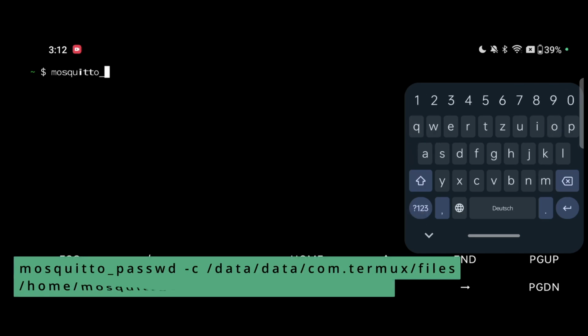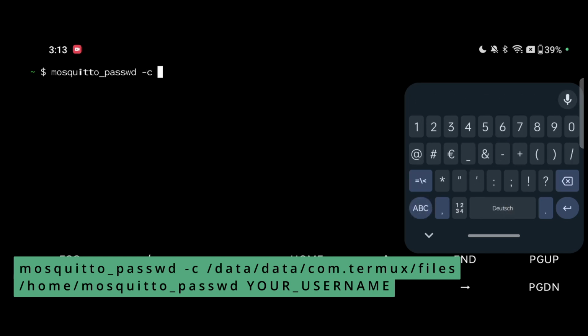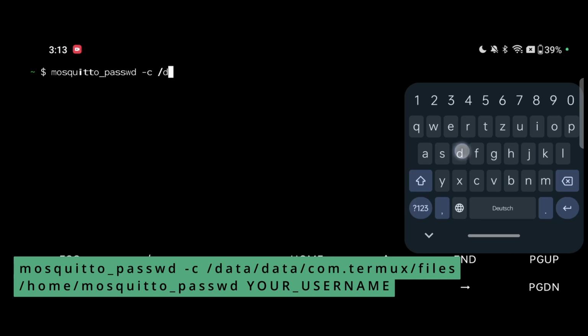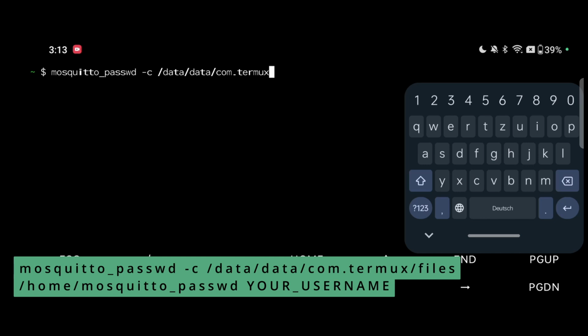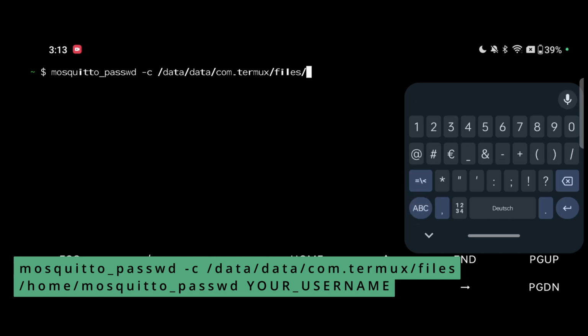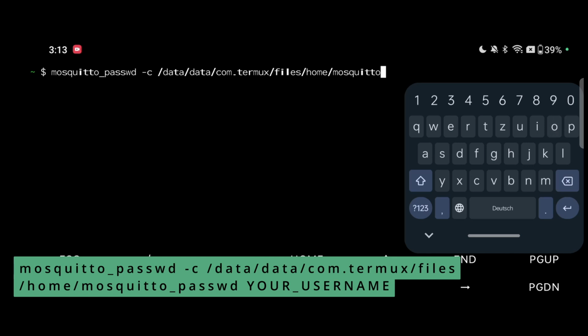mosquitto_passwd without the R and then -c to create, and then we have to specify the path. So we will specify data/data/com.termux/files/home/mosquitto_password and then space.